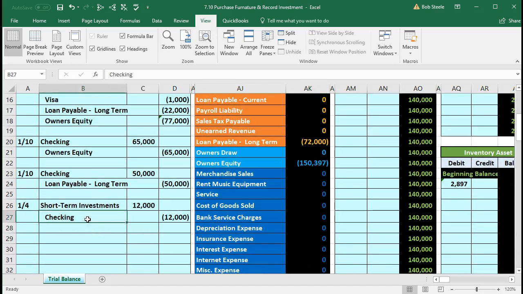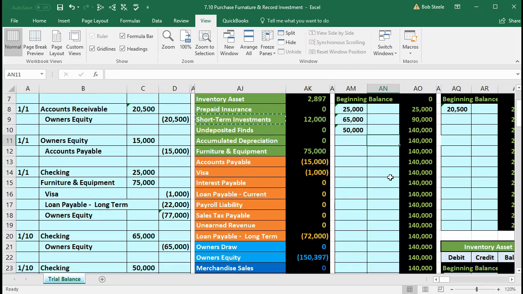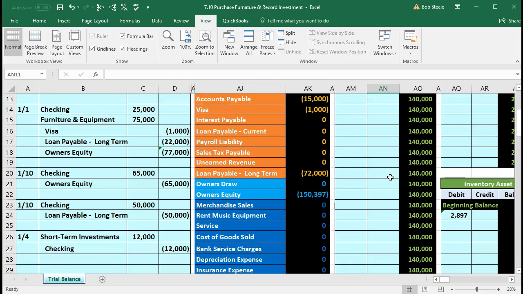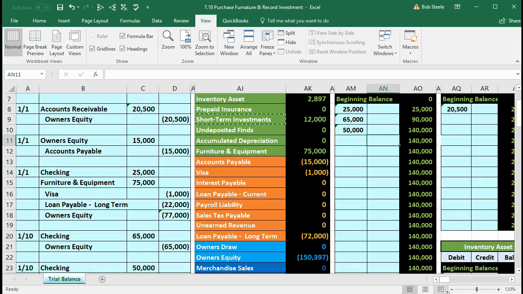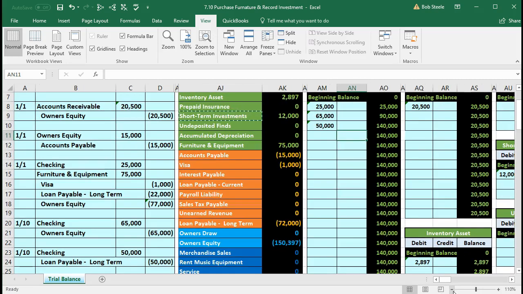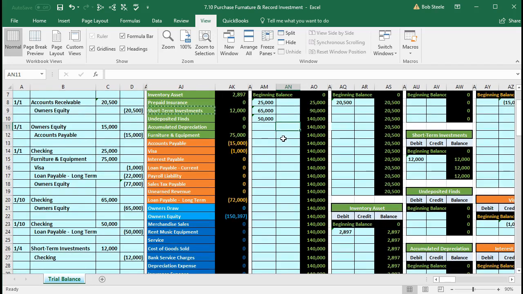Next, we will be crediting cash. So here's cash that we will be crediting in the journal entry. Here it is on the trial balance. First account, therefore first account on the general ledger. This time we will be crediting cash. Now we can't quite see it in full on the same screen. So if we make this a little bit smaller, then we can see it. This might be a bit small, but